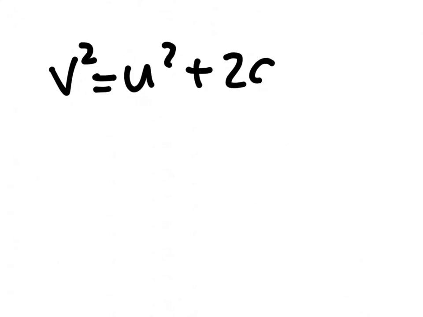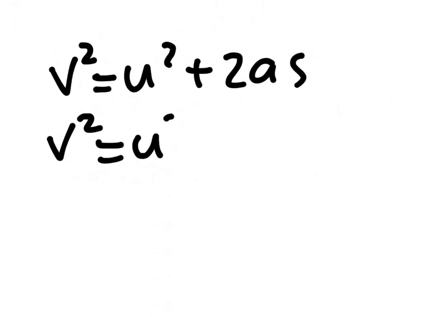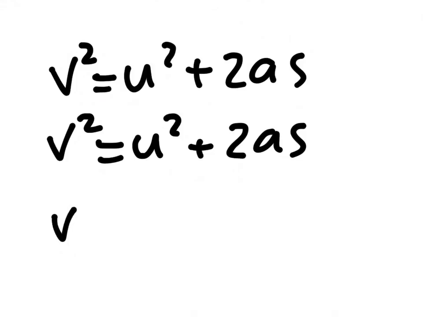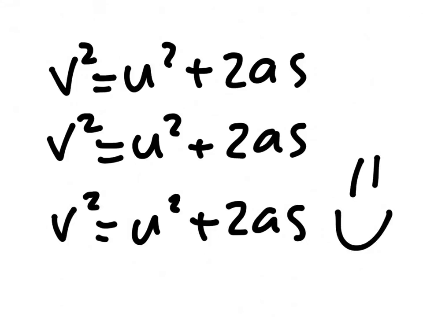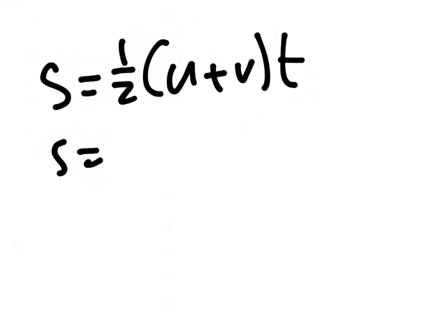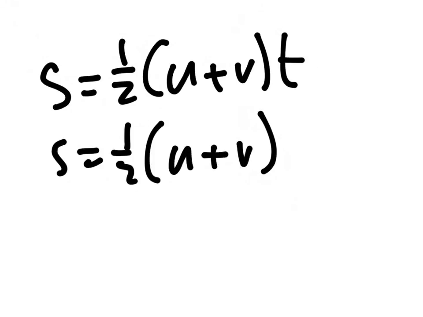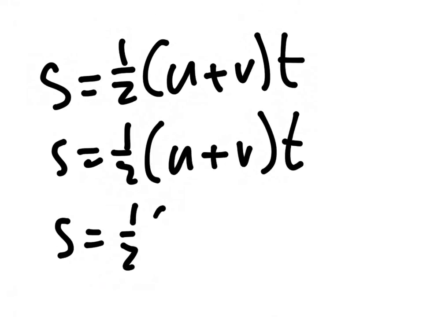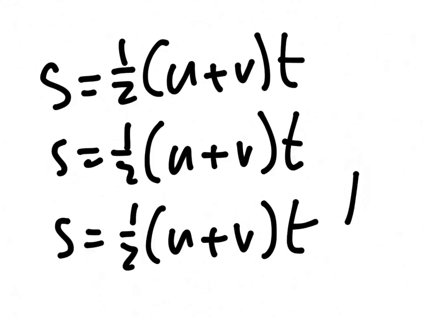S equals half (u plus v) times t. V equals u plus at. V equals u